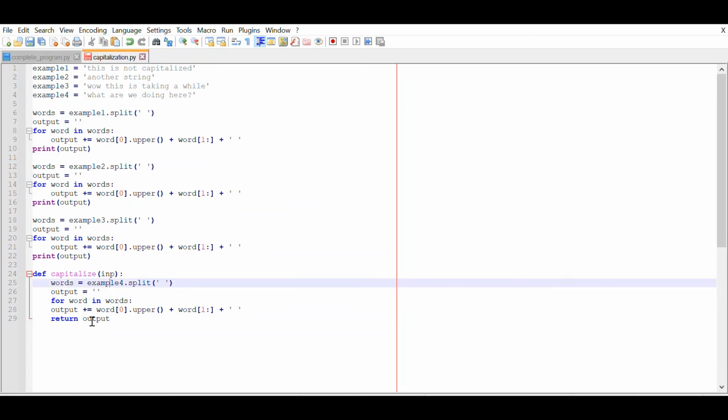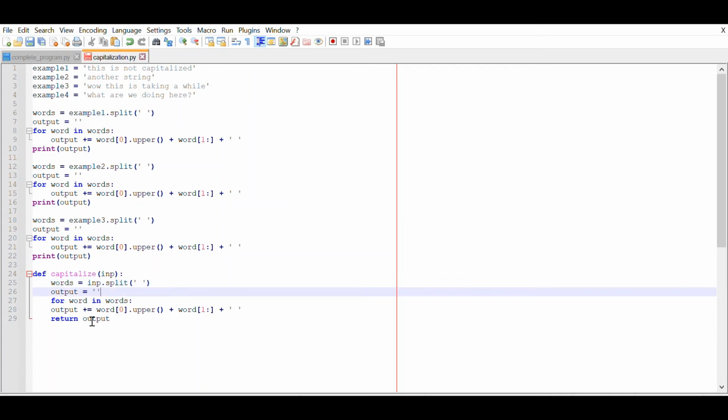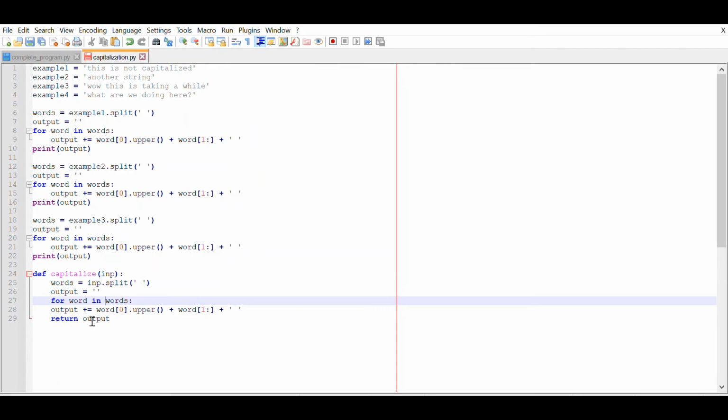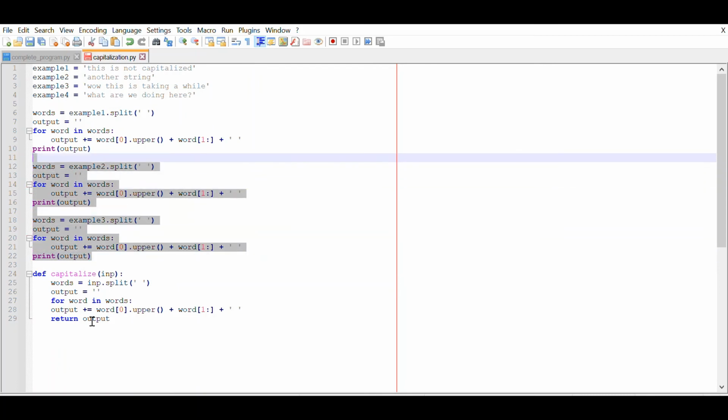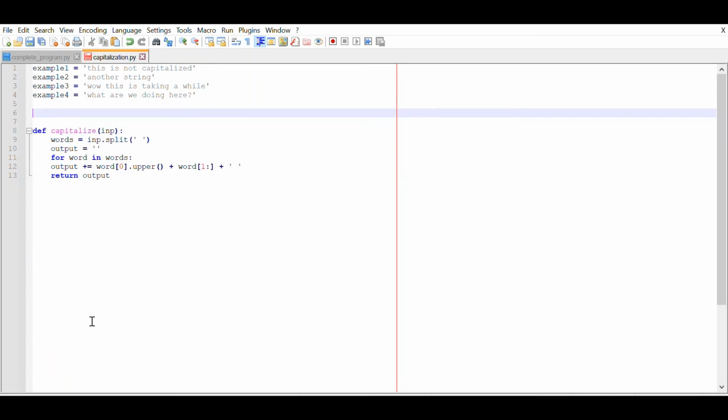So now everywhere that I want to use this code, I can say print